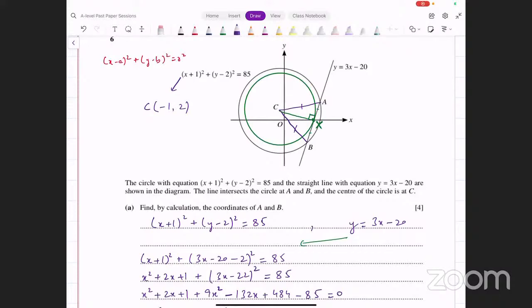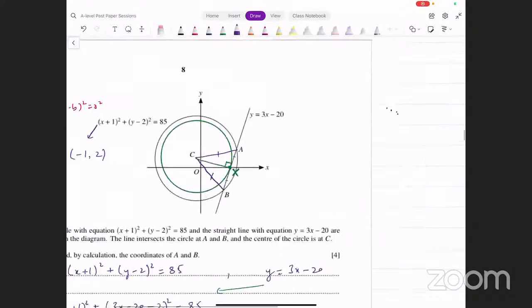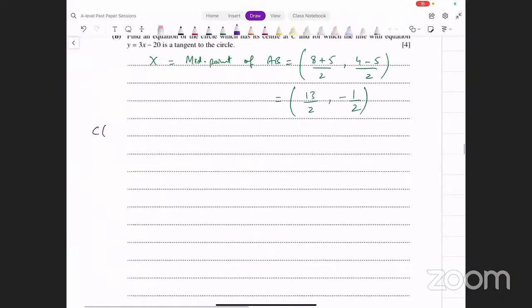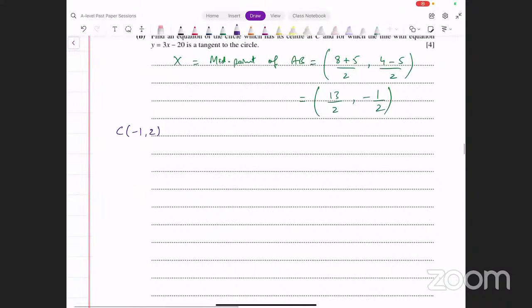ये आपका सेंटर आ गया। ठीक है, अब cx की लेंथ फाइंड कर लें, बिकॉज उससे आपको क्या मिल जाएगा? रेडियस मिल जाएगा ग्रीन सर्कल का। ठीक है, लेट्स फाइंड द लेंथ cx। I'm going to write the coordinates of c here as well. c के कोऑर्डिनेट्स क्या थे? -1 and 2। अब आप क्या करेंगे? डिस्टेंस फॉर्मूला अप्लाई करेंगे। अगेन यू हैव टू शो द वर्किंग फॉर दिस, डोंट जस्ट राइट डाउन द डिस्टेंस डायरेक्टली।